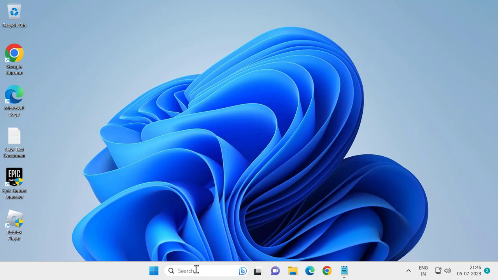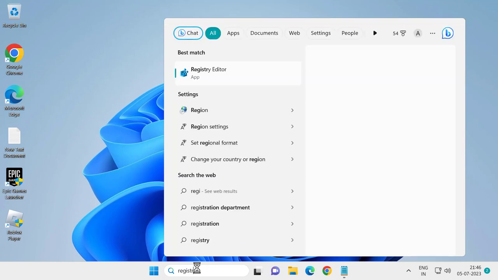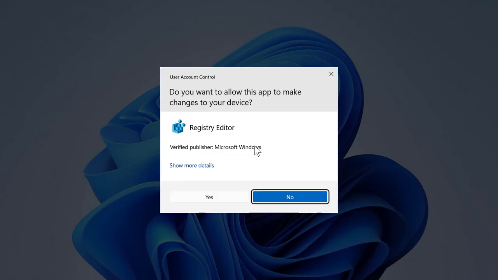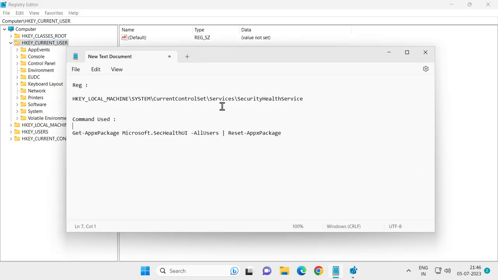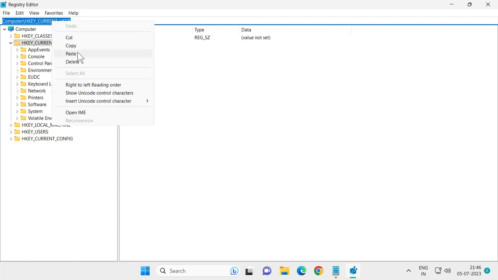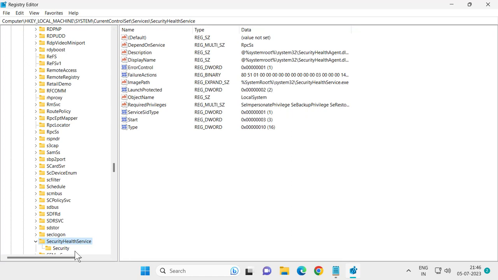For that, go to the search menu and type Registry Editor. Click Open. Select Yes. Now you just need to copy the registry file path location from my description. Copy it and paste it in the registry path bar here, guys. Press Enter. We will get